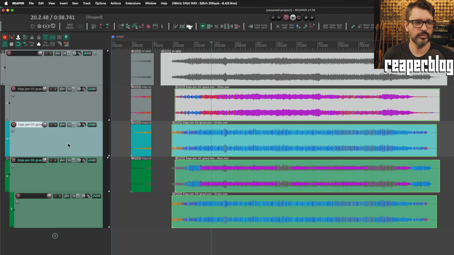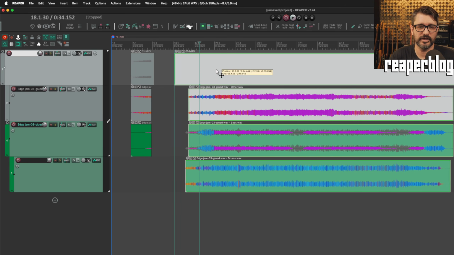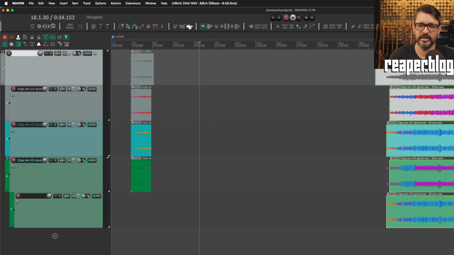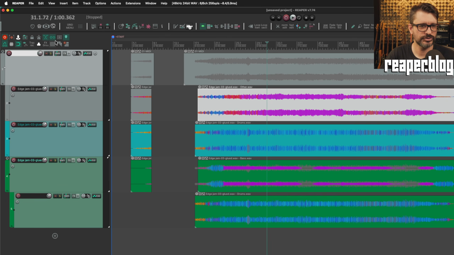Now this also works on hidden tracks. So if I hide this Edge Jam 3 glued and I edit this, I'll move all of these over here. I'll bring back all tracks. That hidden track stayed within the group, which is a very useful thing, I think. And I probably should show you